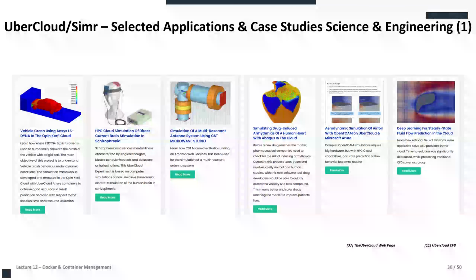Again, OpenCARFI Cloud is something that maybe some of you know here in Iceland; it is one example. You see the different domains. Again, here's a car crash that we had already, but the medical domain, for instance, can also use some of these engineering packages. And then you very quickly get to the point where this needs to be very simple for, say, health specialists or healthcare specialists, right? So here you see also the impact of deep learning these days, and also the different cloud providers, right? We talk here about OpenCARFI, but also OpenFOAM on UberCloud and Microsoft Azure, for instance, which you already know.